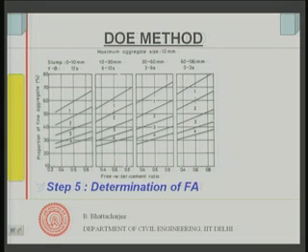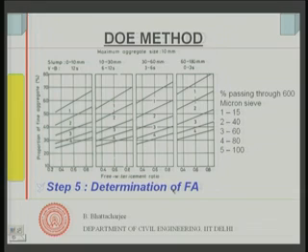This is done from a set of curves. This curve looks like this, a set of curves. On this axis I have got proportions of fine aggregate, and remember this is on mass basis, not volumetric basis, unlike the Indian standard method, which is on a volumetric basis. There I first found out the volumetric proportion of the fine aggregate in the total aggregate.